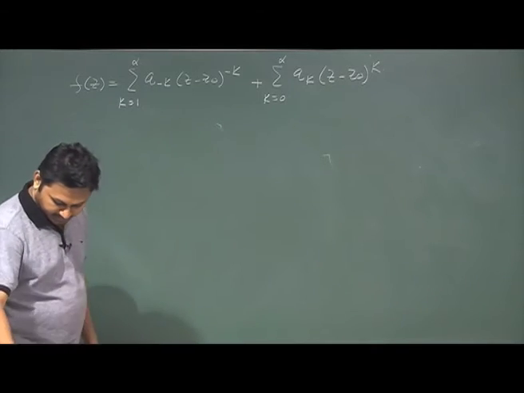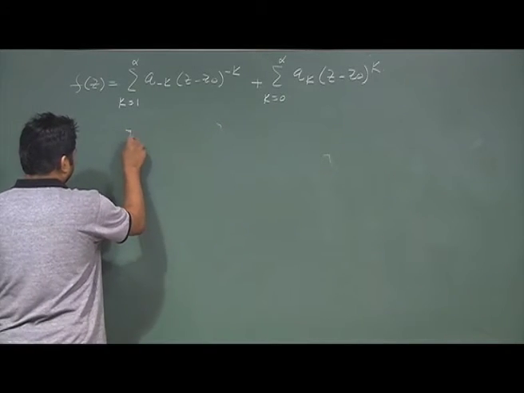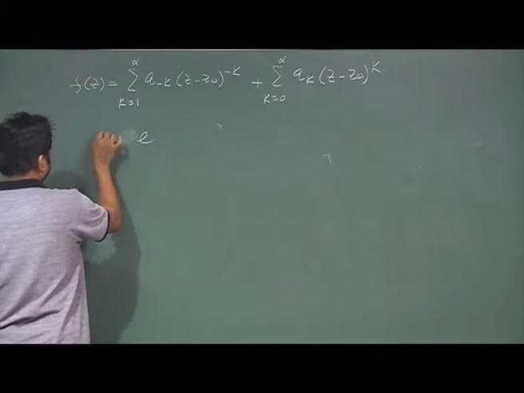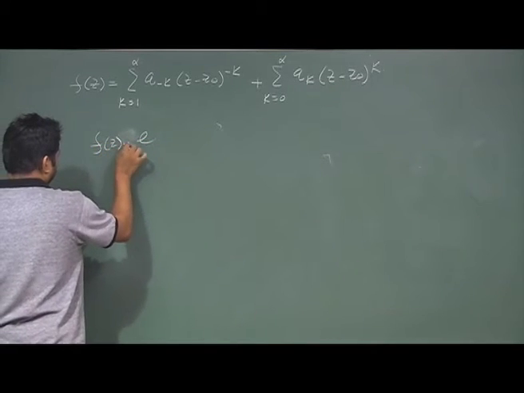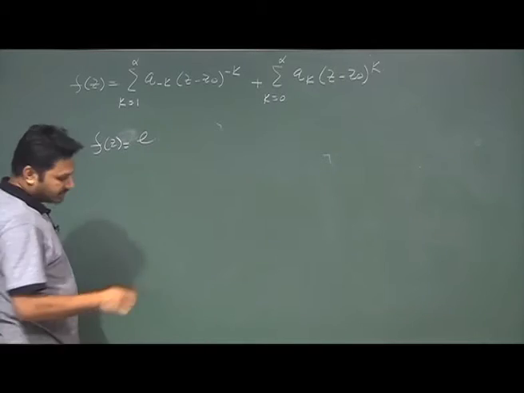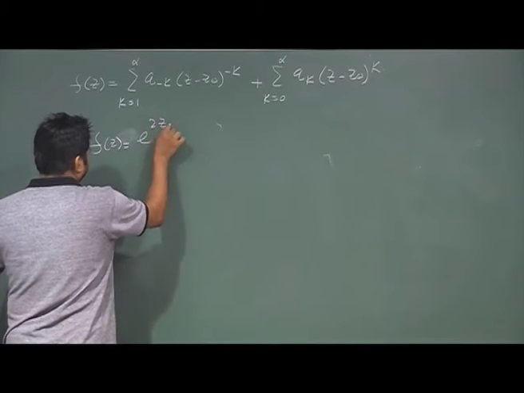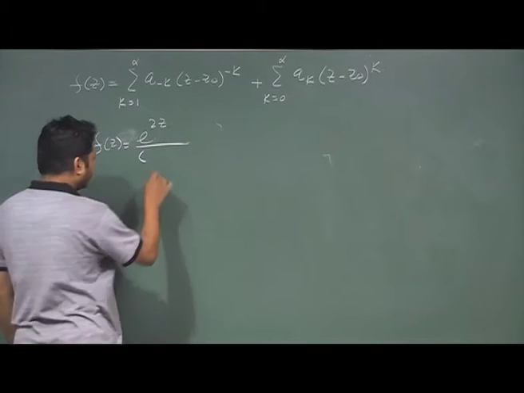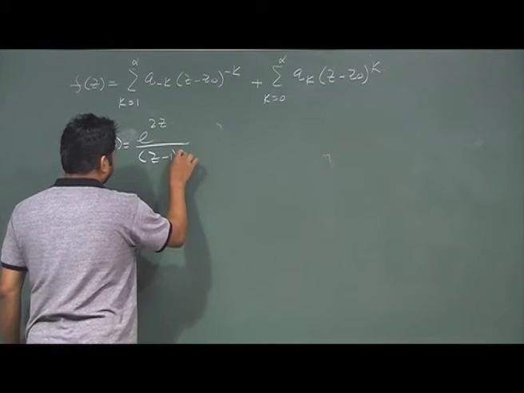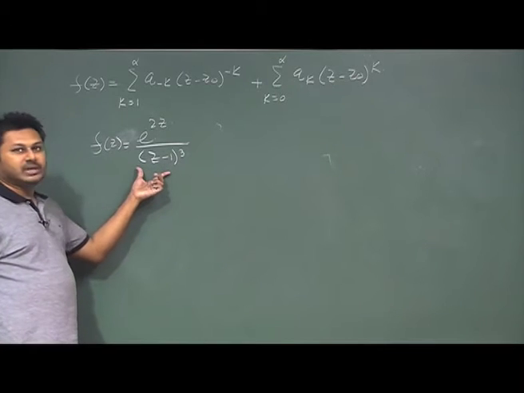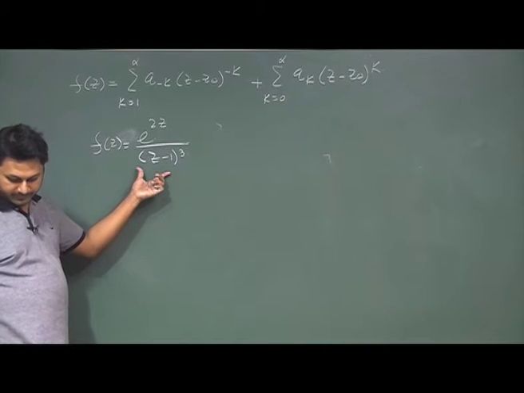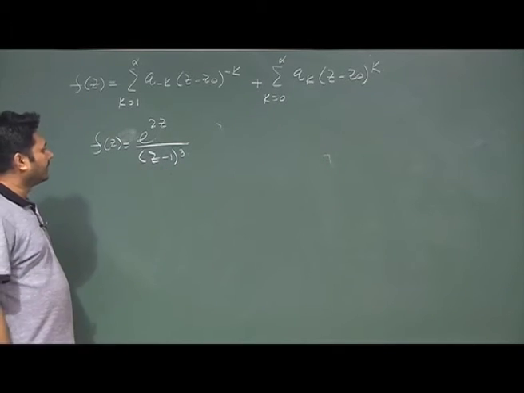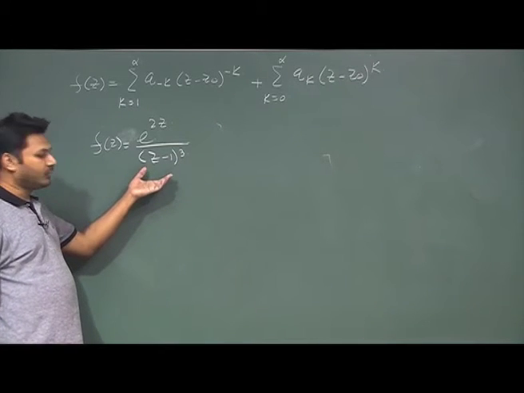So, let me say z to the power e to the power function. A new kind of example is necessary, otherwise things will be monotonous with the old example every time. So, it is z minus 1 whole cube. This is the function we have. Now I need to find out how many singularities are there.